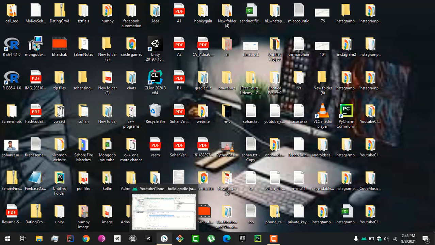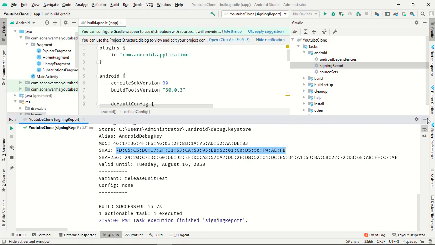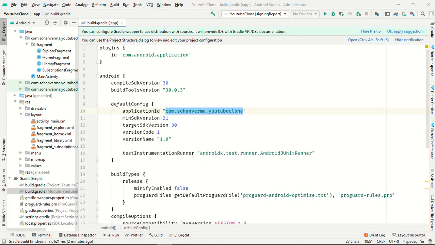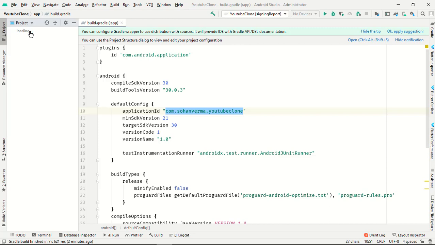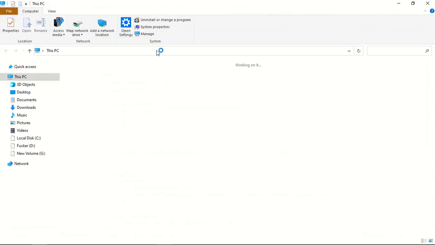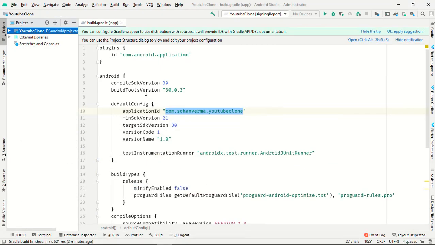First of all, go to your Android Studio and minimize these things. Now click on this Android project. Okay, it's open. It's YouTube clone, your project name, and it's loading.